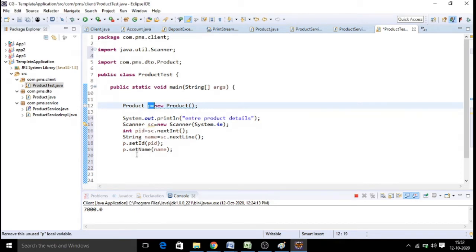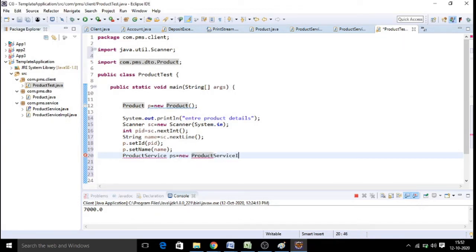Now, how do we send that data to our service to validate? To call our service object, we will not call the service directly. What we will do? First, we will create a product service object. This is an interface, PS equal to new ProductServiceIMPL.